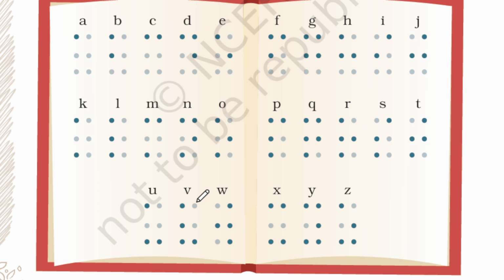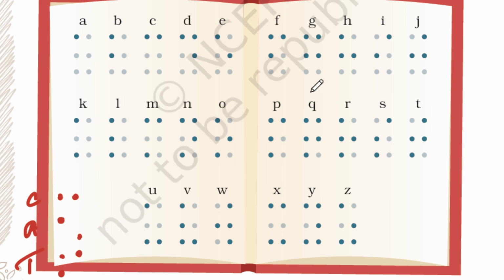So for example, if I want to make the word cat, then what I have to do? For C I'll be taking these two. So C. Next what I will do for A, and for T, where is T? T is here. So I'll be writing T. Okay, this is C A T, cat.